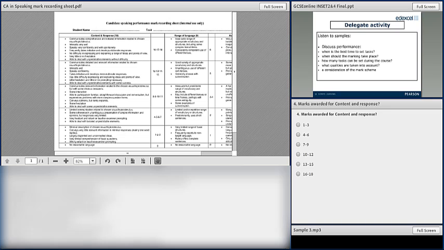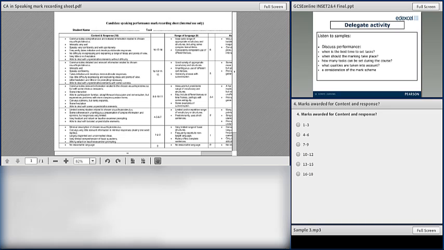Some of you commented already on the timing. As you can see, I interrupted the recording, and this was 6 minutes, as the full recording was 6 minutes 45 seconds, so almost 7 minutes. And as we said earlier, the examiners will stop listening at 6 minutes. So anything that is mentioned after will not count towards the final score.